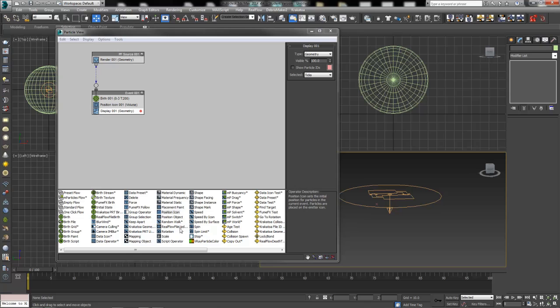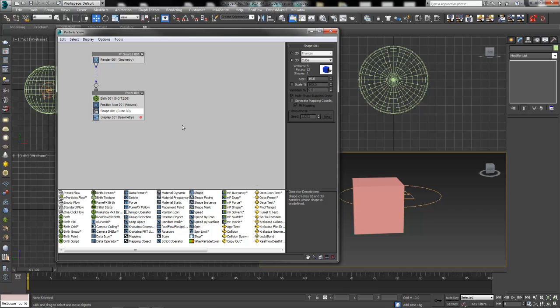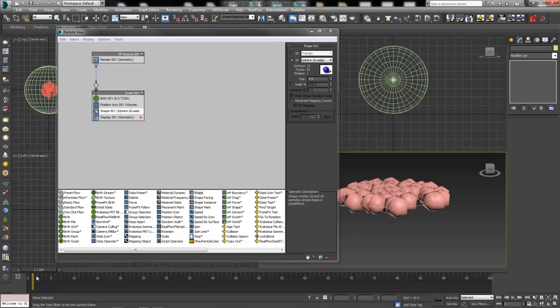Let's find down in here our shape operator and drag it up underneath our position icon. As soon as you add it, the default will show up cube at size 10, and that's a monstrously large cube, and for wax strips and anything that is kind of a liquid-like substance, cubes are probably not your best bet. So let's go ahead and change that from cube to the sphere 20 sides. We don't need any more than 20 sides. That might even be pushing it, because that's a lot of polygons that our computer then has to think about. Also, I think size 10 is a little ridiculous. Let's try a size of about 5, and then we'll get a whole lot of these guys showing up there.